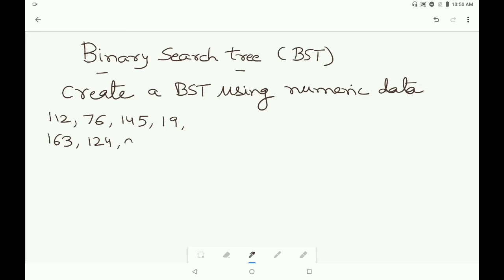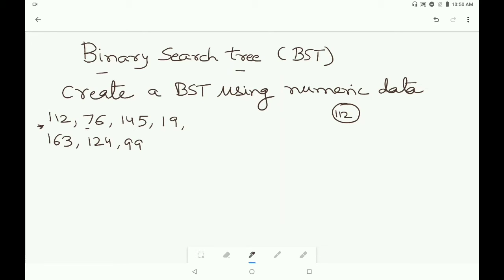Suppose these are the set of elements through which we have to create a binary search tree. So the first element is 112. It will become a root node. So 112 I am taking the first data as a root node.